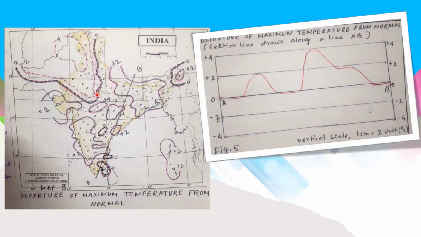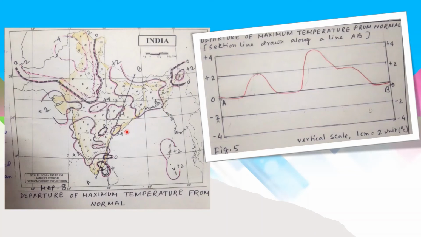Uttarakhand, Haryana, parts of Uttar Pradesh, northwestern part of Madhya Pradesh, southern part of Rajasthan, eastern part of Arunachal Pradesh, southern part of Nagaland and Tamil Nadu, etc. The maximum temperature of plus 2 degrees centigrade above normal has been found at Gujarat, Bihar, West Bengal, Assam, Tripura, Meghalaya, and eastern part of Odisha.